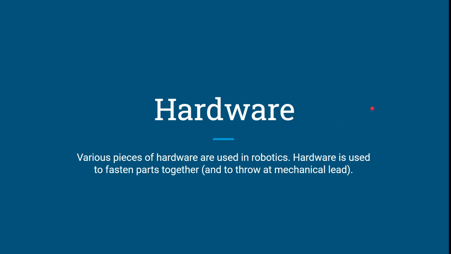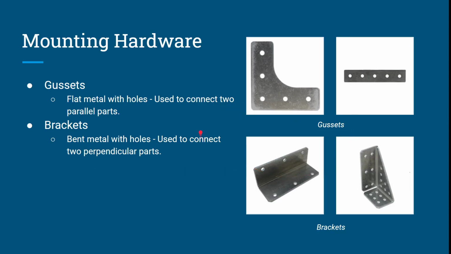All right, now we have hardware, which holds everything together. Hardware is used to fasten parts together, and just ignore that last part. First things first, mounting hardware, which lumps in with all the rest of the hardware. Hardware holds stuff together. So these holes here on this gusset, which is just a word for a flat piece of metal with holes in it, correspond to